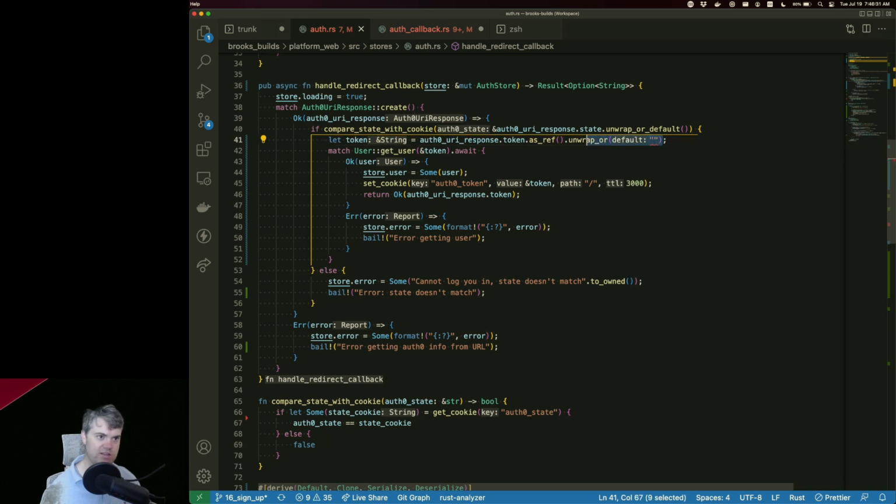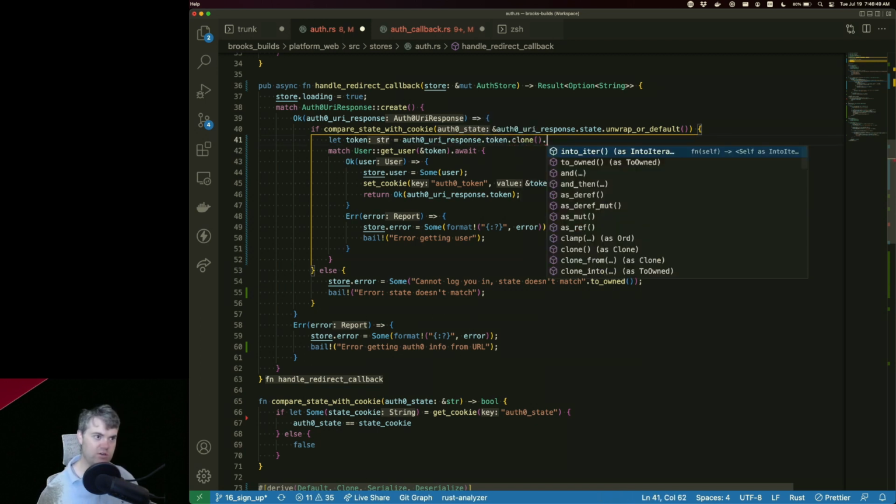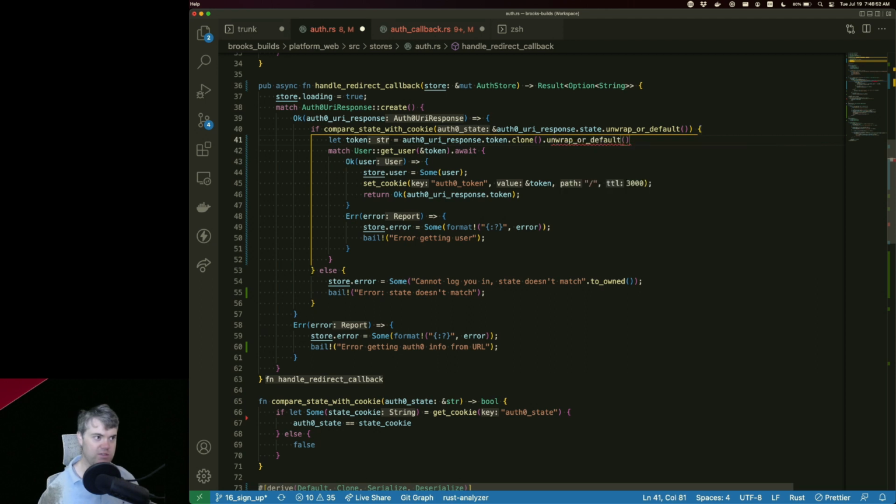I don't think it can handle that. Yeah, it's gonna get me a default here. I could just clone it out. That's not gonna be that bad. So unwrap, token. We can do clone, unwrap or default. So then this token we can use twice, both in get user and also in set cookie. Okay, so that makes you happy.